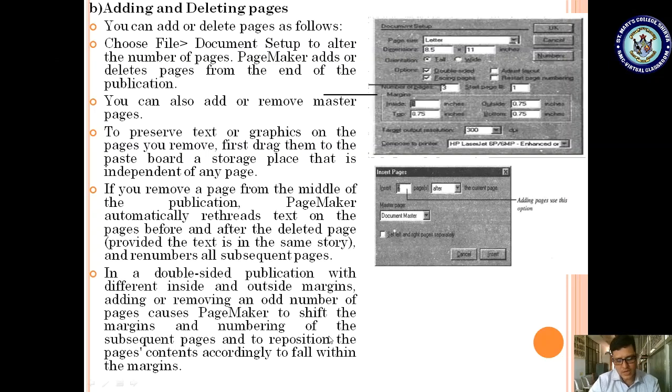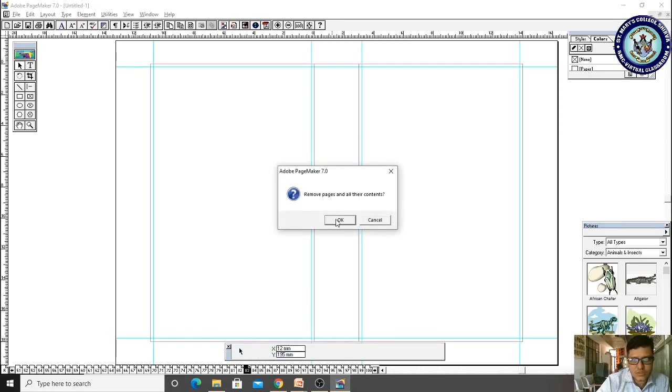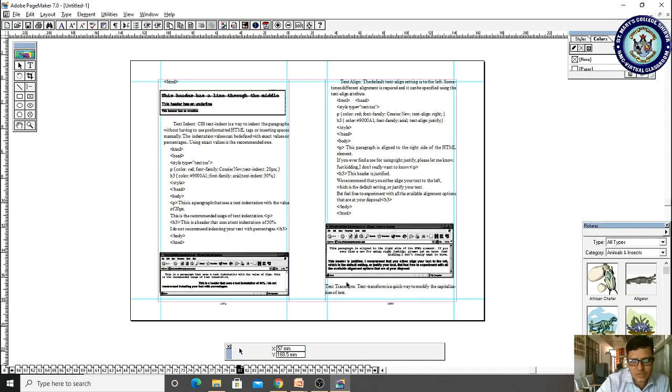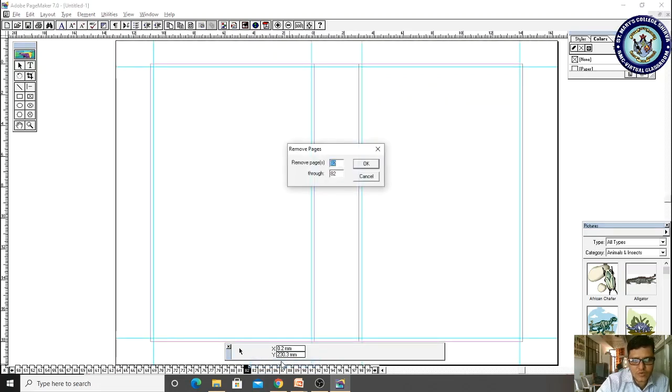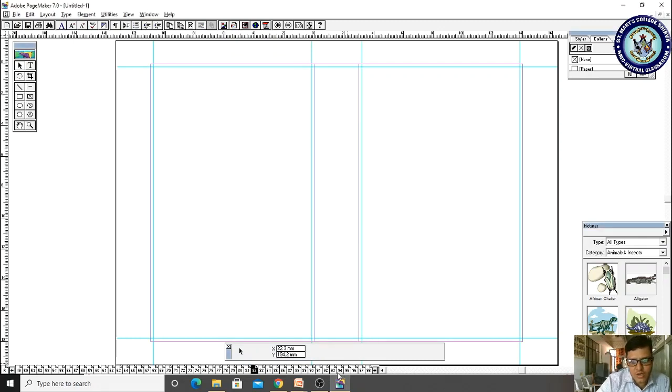Suppose you want to delete a page, you can directly right-click on that page and choose Remove Page. Whatever content exists here would not remain. I don't want to take the risk, so I left this page as it is and am only reviewing the pages. So this is our topic: we can either add or remove pages.